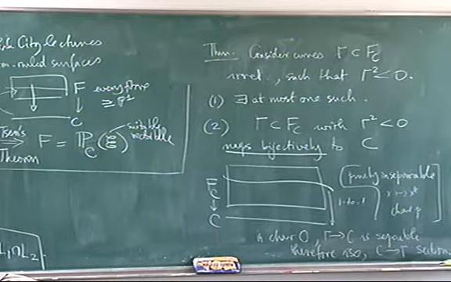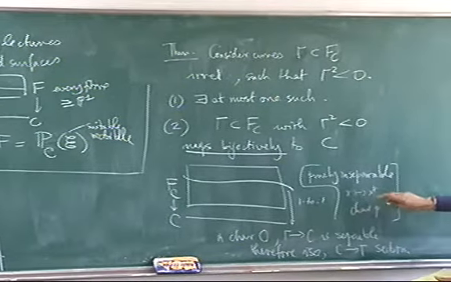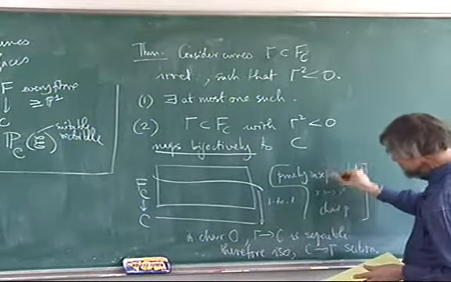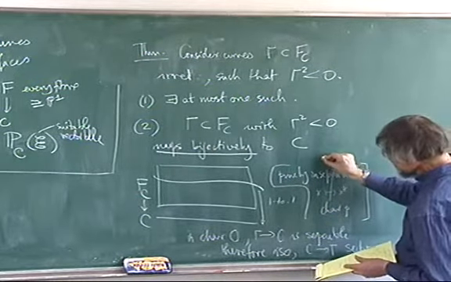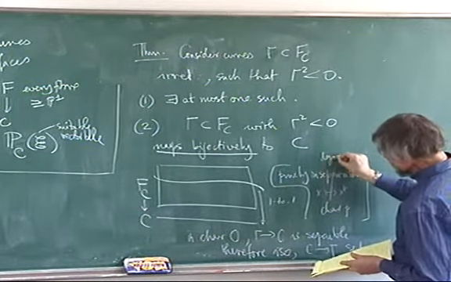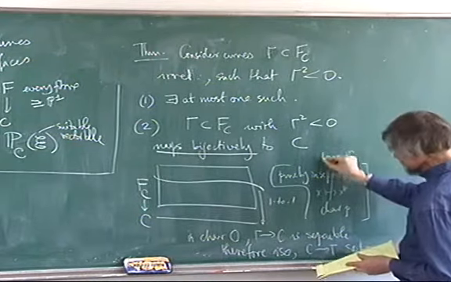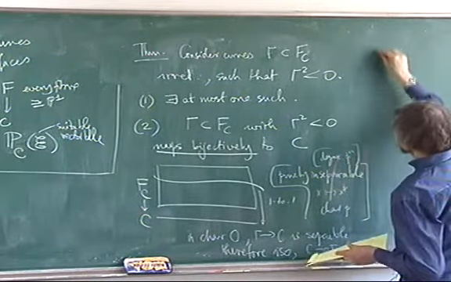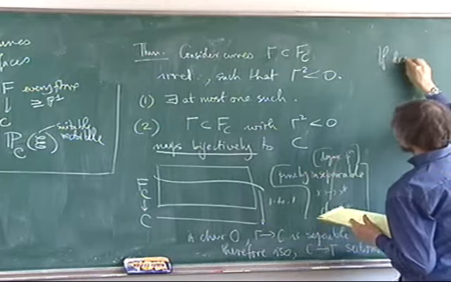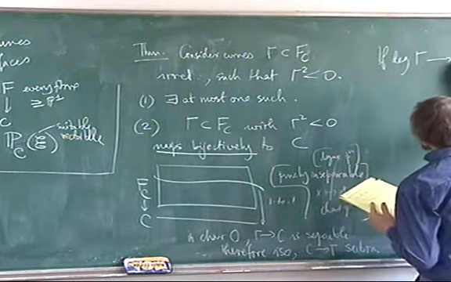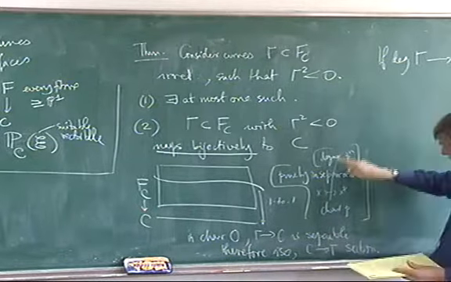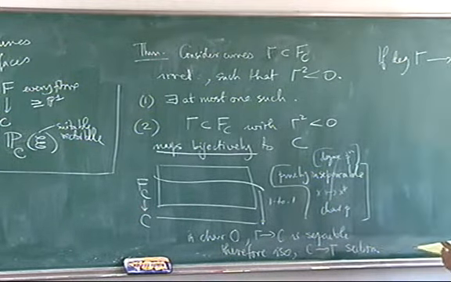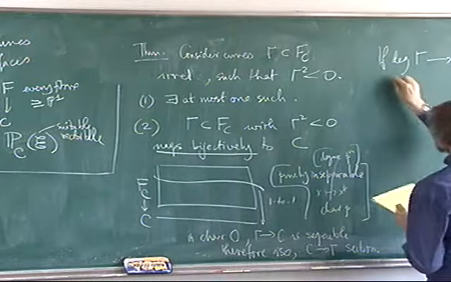Yes. So this map has some degree, which is p to the n. So this implies the only way of getting a purely inseparable map is of degree p to the n, where p is the characteristic. So if the degree of gamma to C is 1, in other words, if we're in this case, then gamma corresponds to